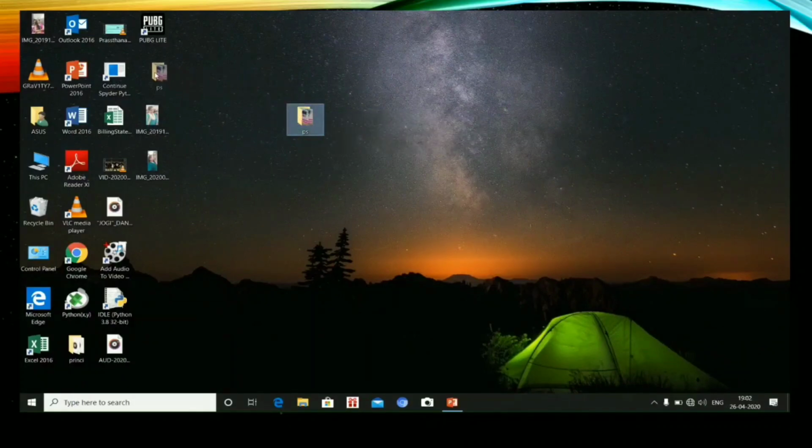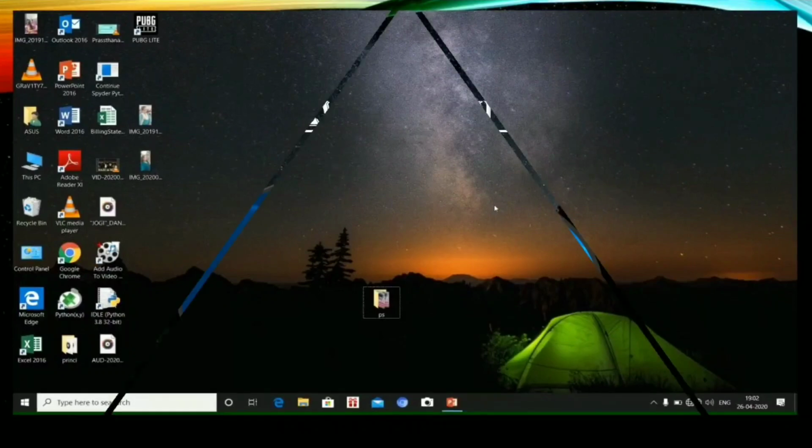See, I have just kept the button pressed and dragged it. Release the mouse button. Where I want to drag, I have just released the button. And the last step, notice the position of the icon. See, I pressed the button, held it, and where I wanted to put it, I put it and released the button. The position changed. I think now you can understand how to move an icon.